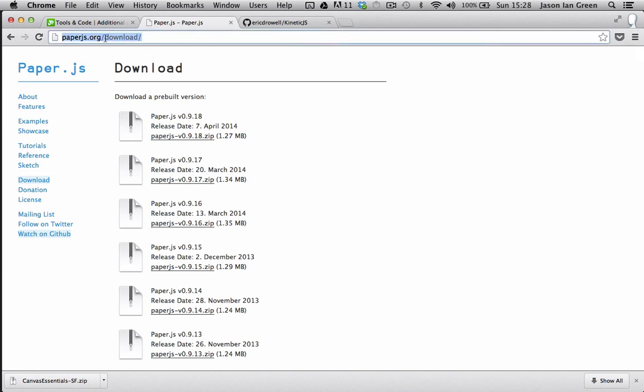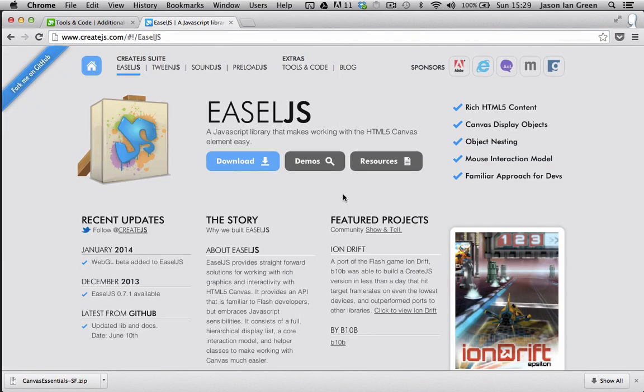And while I'd really love to explore Paper.js some more, for this course I've decided to go with EaselJS. The coding style should be familiar. There's a fair amount of resources and documentation and community support. And in the end, I was won over by the options of using the other packages that make up the Create.js suite. And while the fact that it's based around the Flash API would not win me over alone, I